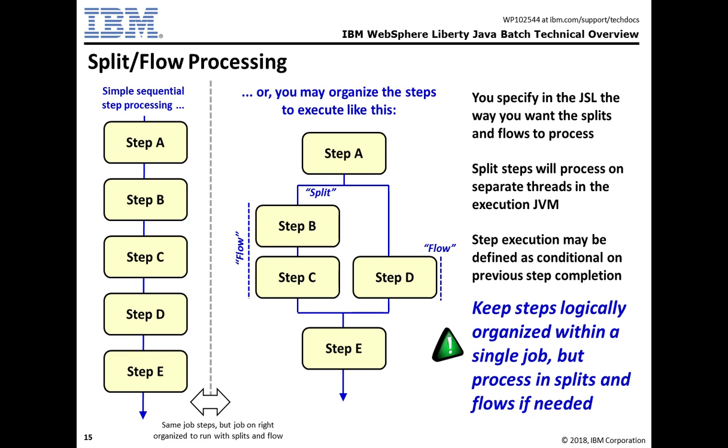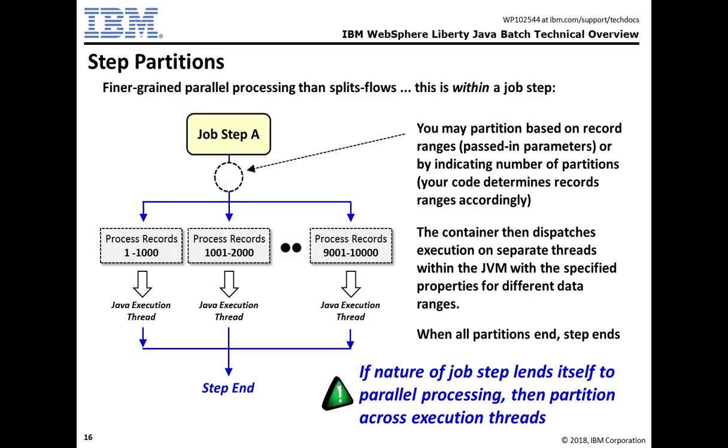Step D obviously can't be dependent on anything happening in B and C. But it may be that you can do this in order to make the job run a little faster. The other concurrency capability we have is called partitioning. Instead of running different steps at the same time, a partition lets you run multiple copies of the same step